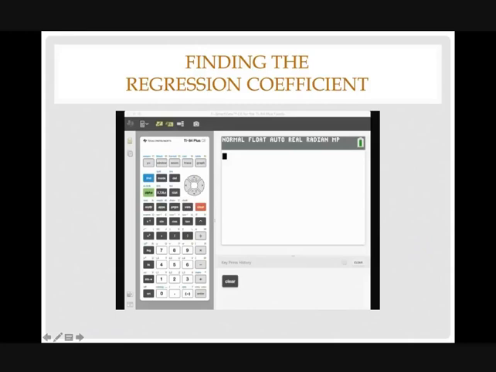So how do we find the regression coefficient? Please view the following video. Okay, so how do we enter this information into our calculator in order to generate a regression? So the first thing we're going to do is we need to